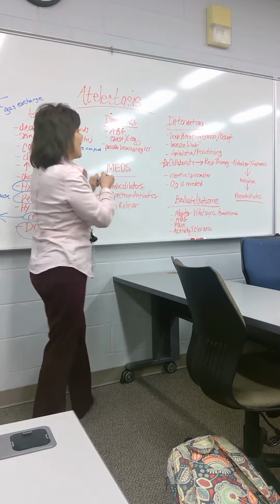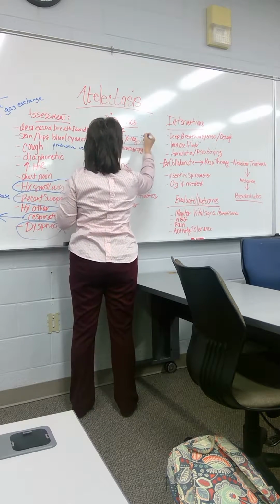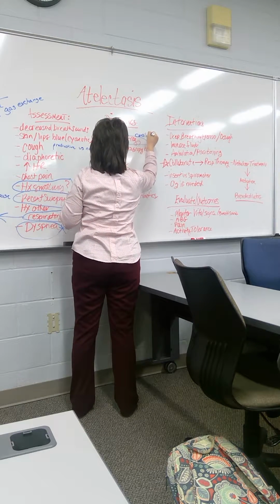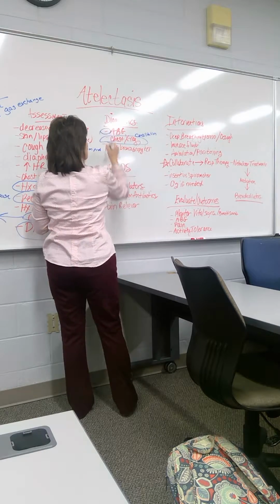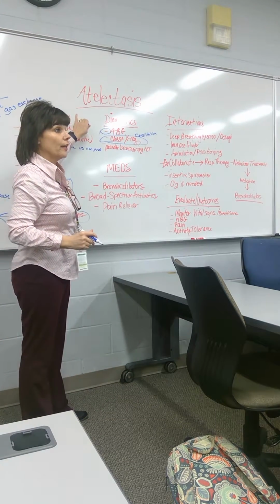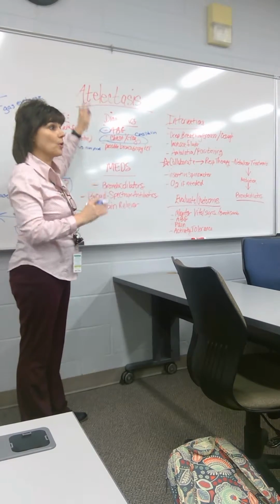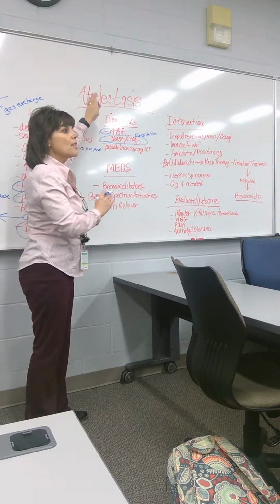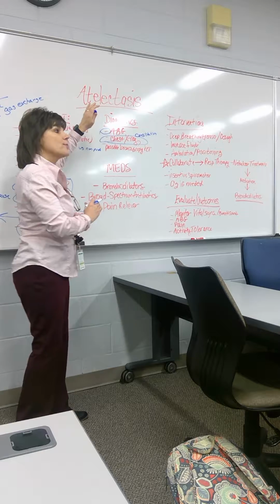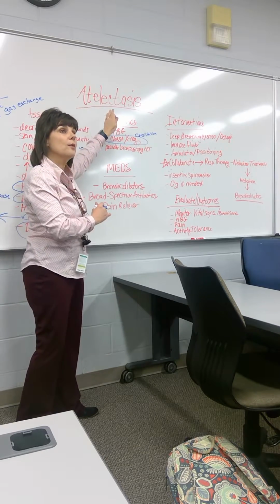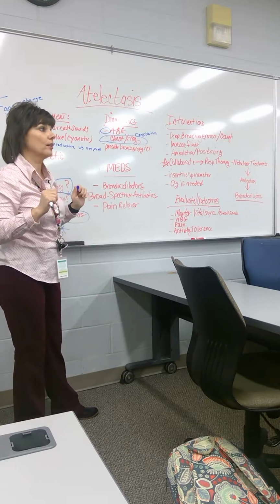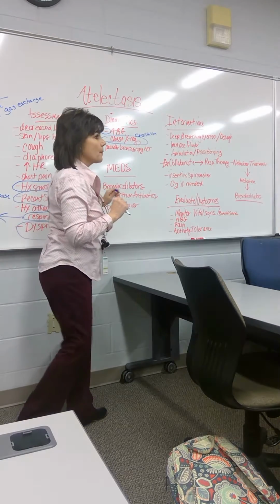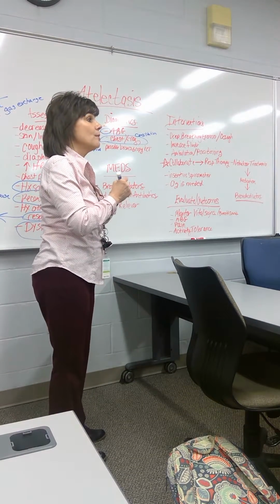So the chest X-ray may show consolidation. The ABGs may show a varying degree of change. It depends on the disease process. So I'm not going to say it's respiratory alkalosis or respiratory acidosis. It's going to depend on which one of the disease processes that they are going through. Okay. Describe what consolidation is. Consolidation means that